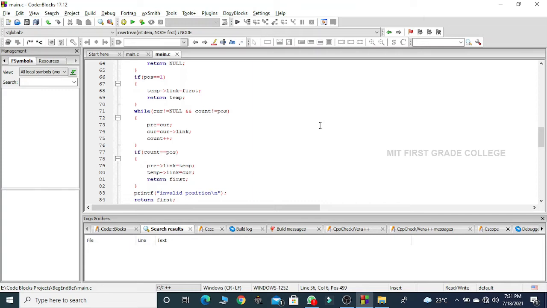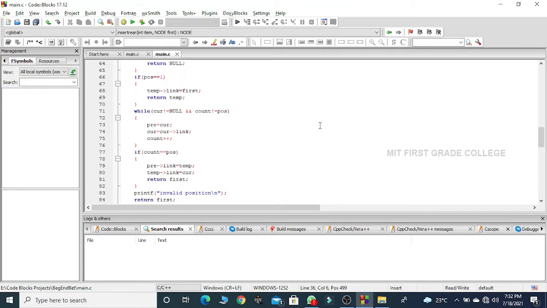What I do is, first I assign the address of current to previous. So now my current and previous are both holding the address of a node, and current's link part I am assigning to current. What is there in the current's link part?